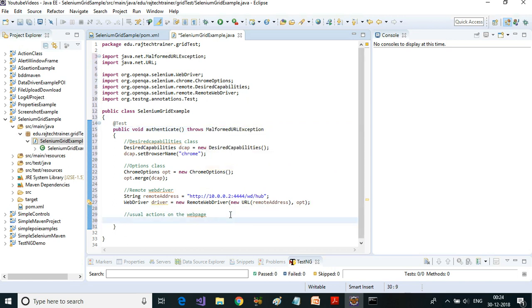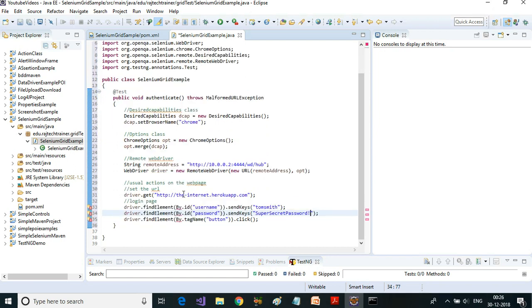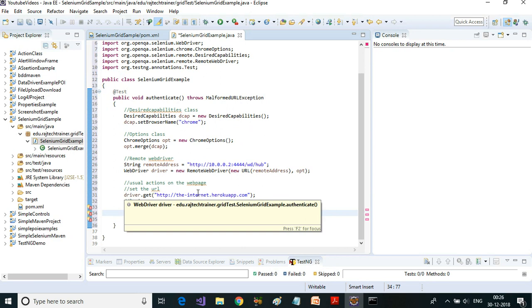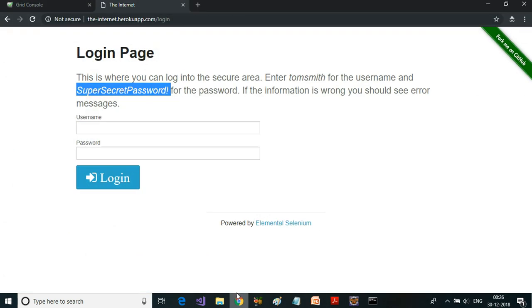After this, for the usual actions which I'm going to perform on this particular page, I have already written code in the earlier example which I have covered in the earlier videos also. I have copied the source code from the other example. Driver.get goes to the home page, but instead of home page I'm going to use login.